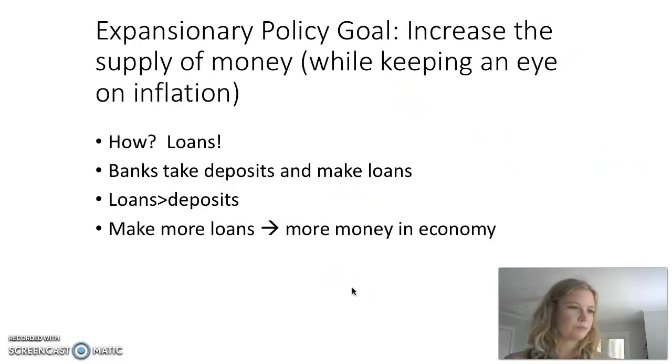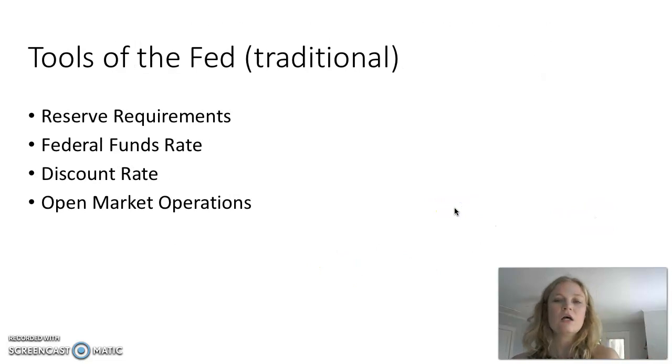I don't know, I just think it's more intuitive. But clearly what our Federal Reserve is doing right now is contractionary policy. So contractionary policy would be fewer loans. More loans expansionary, fewer loans contractionary. All right. When I learned this, which was in 2004, my professor taught me this. The Federal Reserve has these tools. Reserve requirements, the federal funds rate, the discount rate, and open market operations. He actually said there was a fifth tool called persuasion.